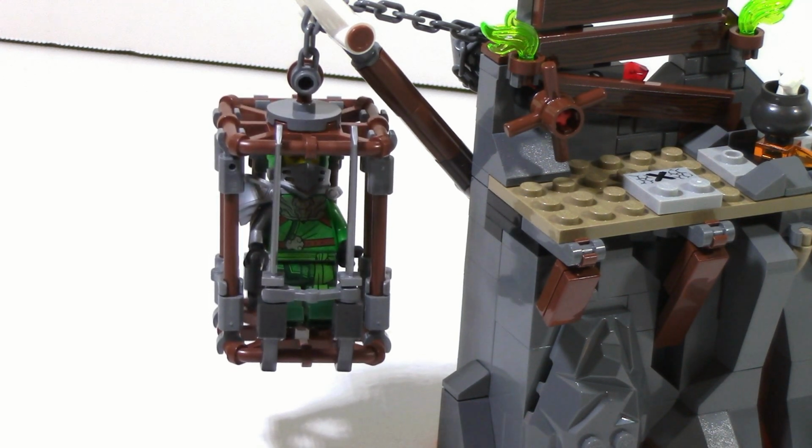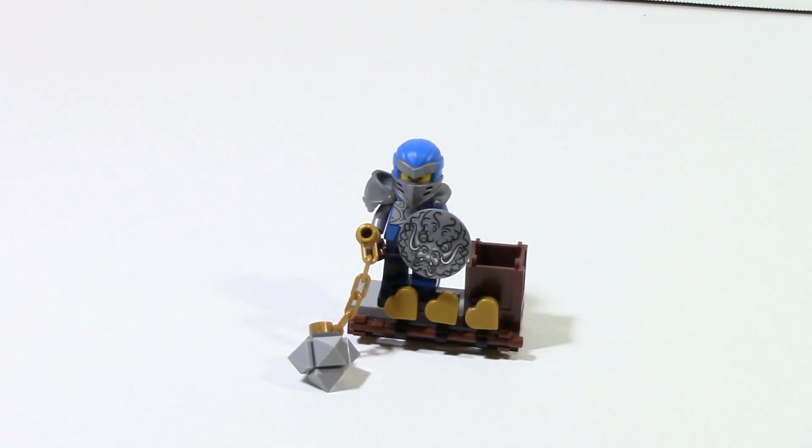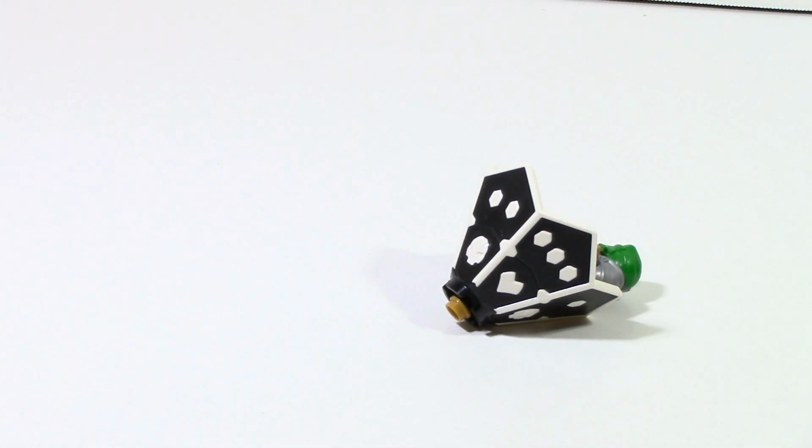Now, before I move on to the minifigures, I just want to mention that there are two somewhat accessory things. One of these is the character stand with the 3 hearts that comes in all of the sets with the board game application. This set actually does not, for the instructions, have any ninja going on it, so I've just put Jay on here. You can put whichever ninja you like. And then you also have the game spinner, and that works pretty simply. All you have to do is spin that around, and it will land on something. For example, this landed on 1 heart,